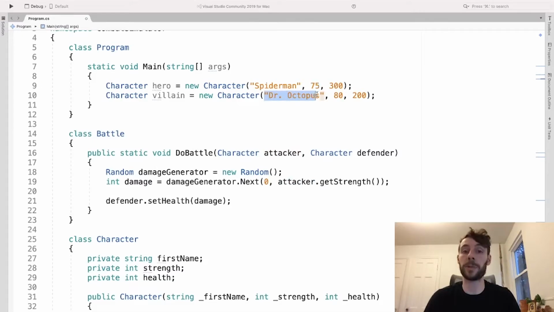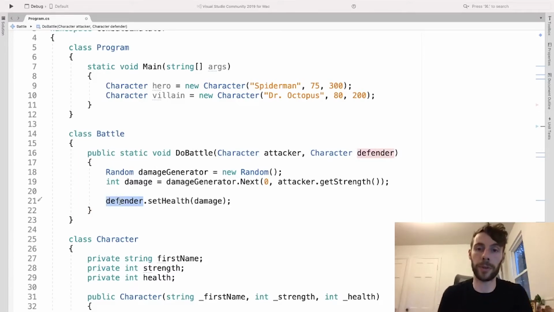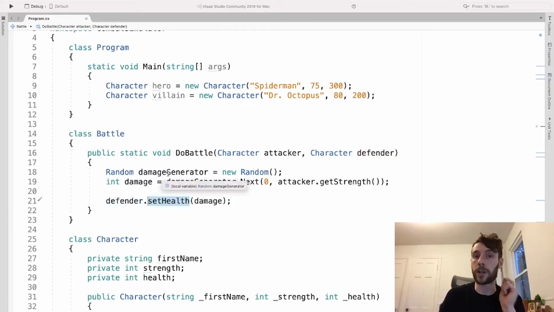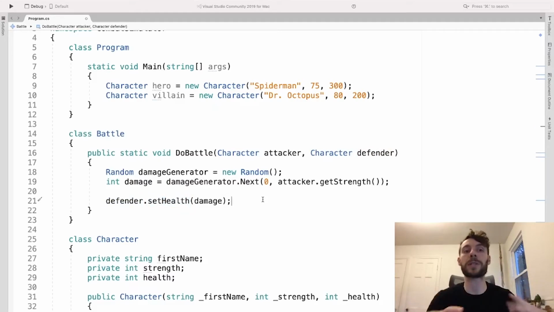If Dr. Octopus is the attacker, the random number will be from 0 to 80. And then we set our defender's health to that, or we subtract it from our defender's health with our setter method. There's one last thing we need in our do battle method, and that is some indicator to the outside world about what just happened. Because as a user of this program, we're not going to know what is happening behind